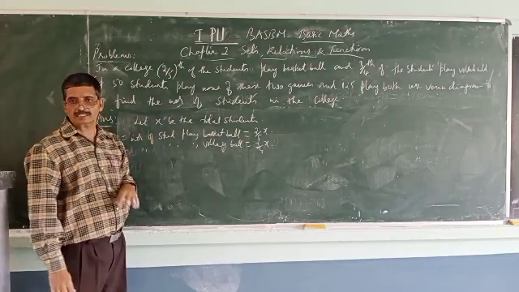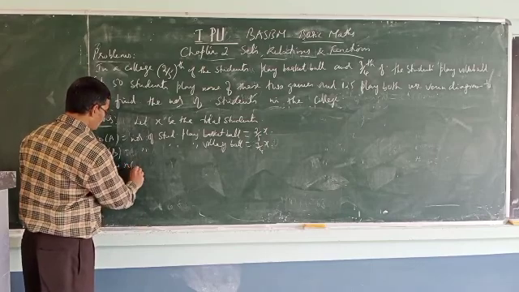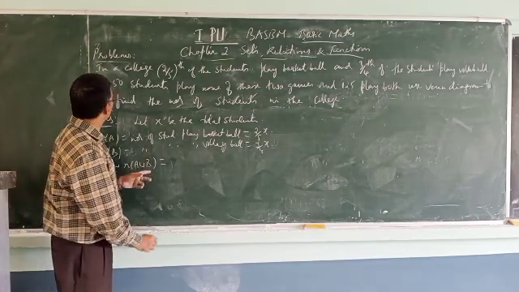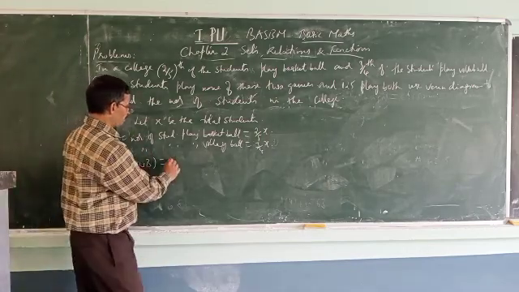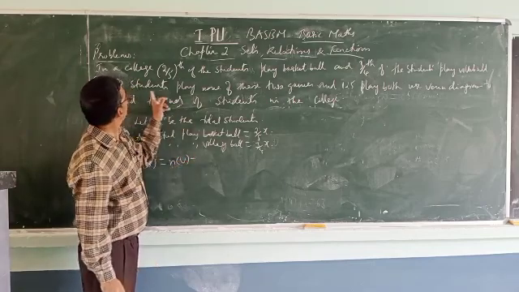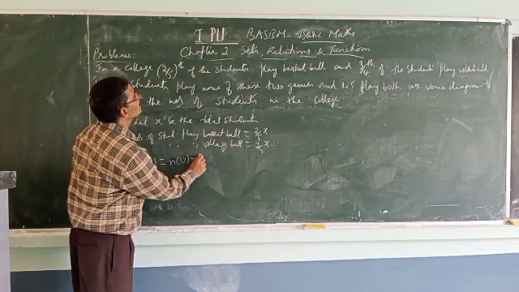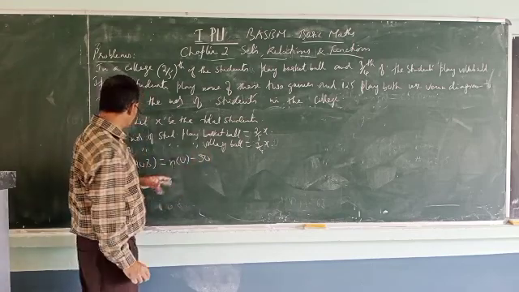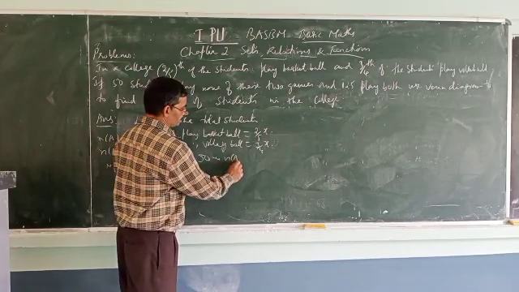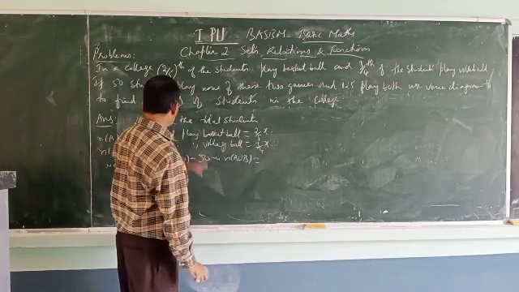50 students play none of this, so we will eliminate them. So what is n(A union B)? Now n(A union B) means either play basketball or volleyball. So that is equal to n(U) minus how many don't play anything? 50 students play none of these. So n(A union B) is equal to x minus 50.